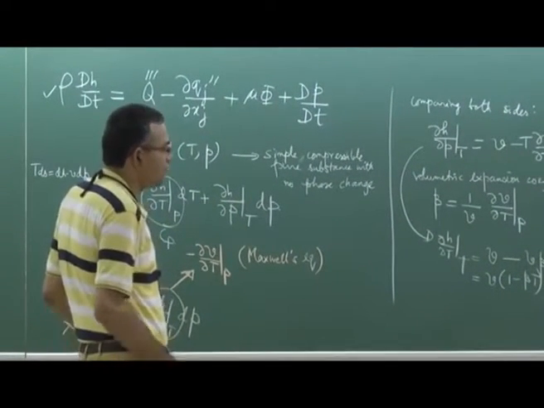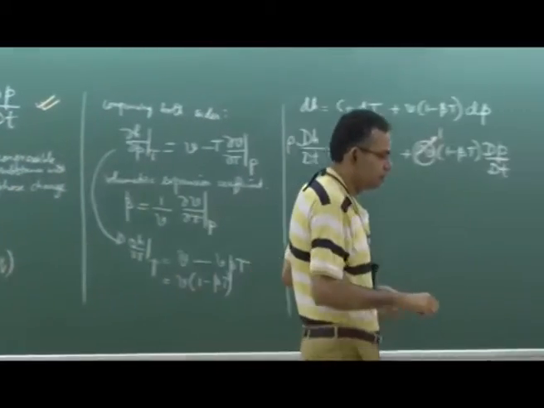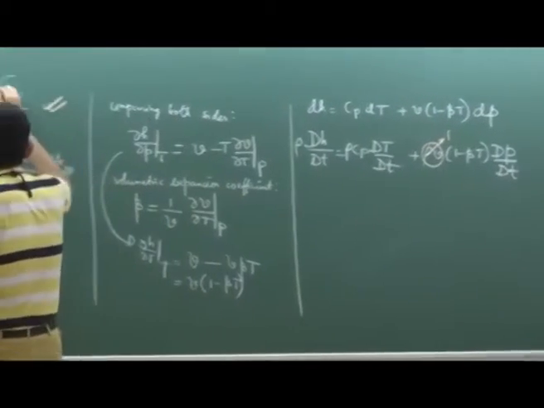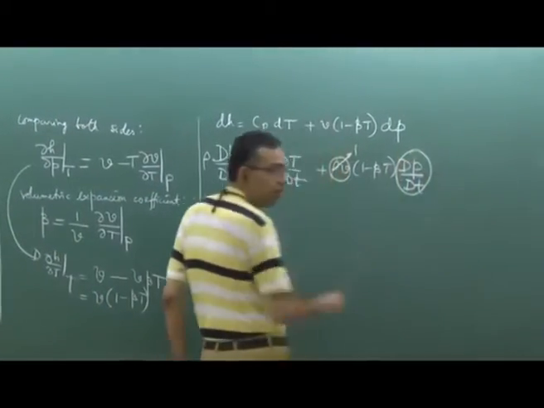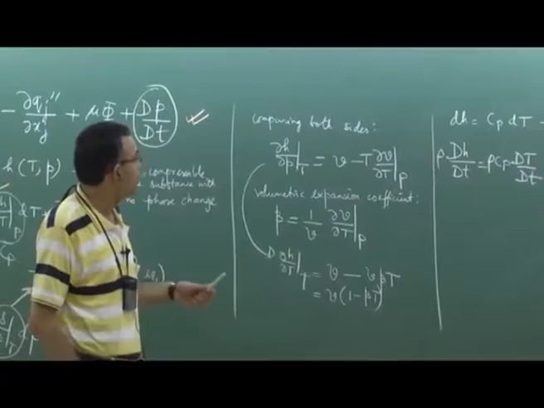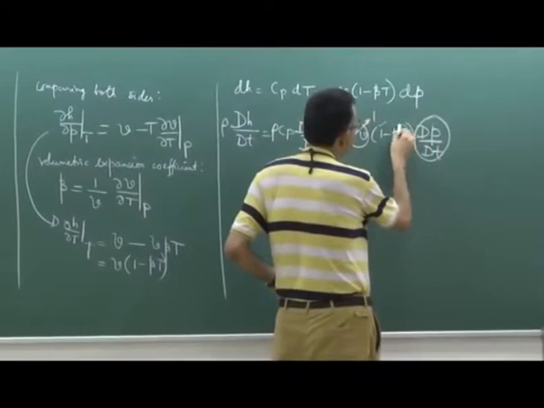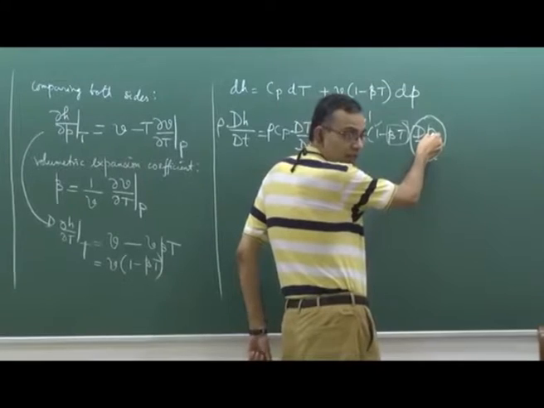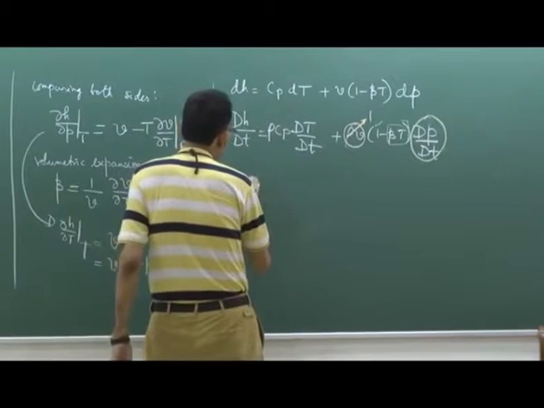Now, you compare the left hand side and the right hand side of this energy equation, and we can observe one very interesting thing, that this dP dt and this dP dt, they get cancelled from both sides, right. This is in the right hand side and only this part, not this part is still there, only this part with dP dt that gets cancelled. So, you are left with rho Cp